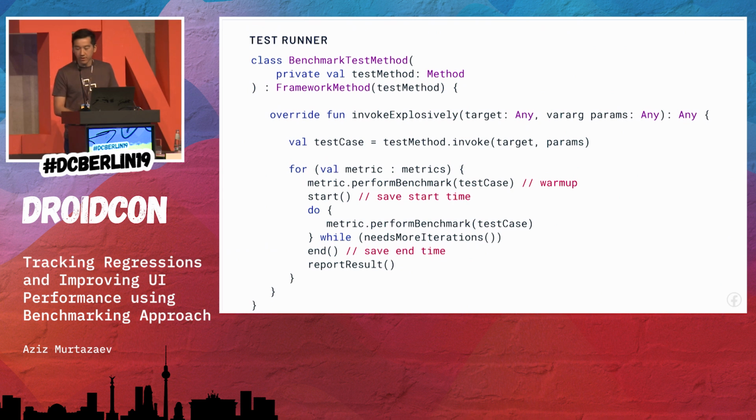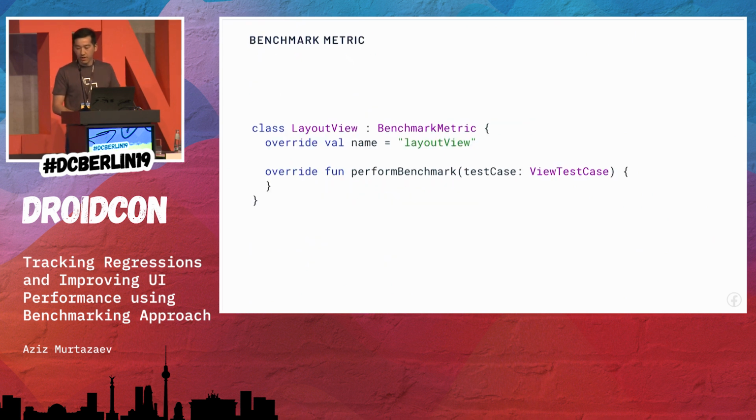So let's look at one example of a metric. We called metric for create view, bind view, and layout view. So let's look at the layout view. So it has the